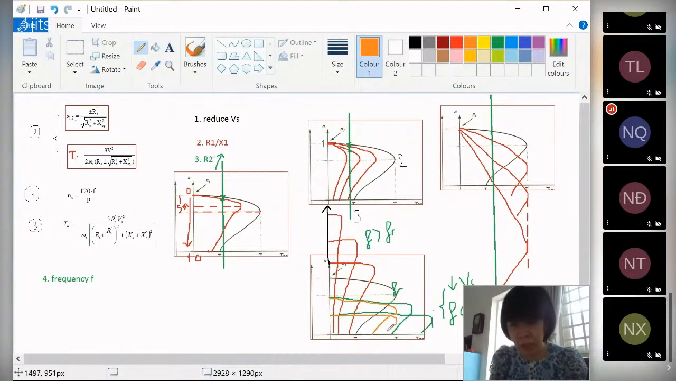Similar to the last one. Okay. Do you agree with me? Yes. Similar to the reverse method. Tell me, if the load is constant,